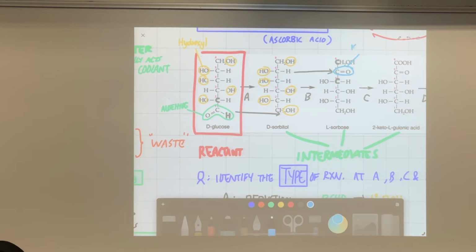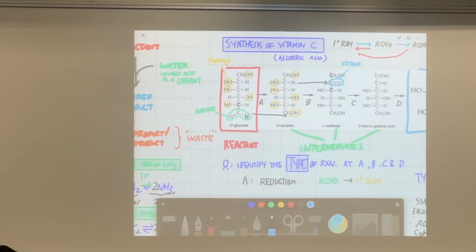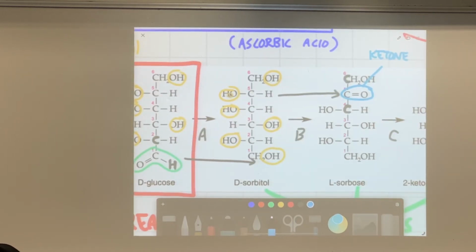If aldehyde comes from primary alcohol oxidation, what does a ketone come from? The oxidation of which type of alcohol? Secondary, okay. And you can see that this alcohol is actually a secondary alcohol. Focus on just this OH group. You trace it back to this carbon. How many other carbons is this carbon bonded to? Two. So therefore write down, this is a secondary alcohol.